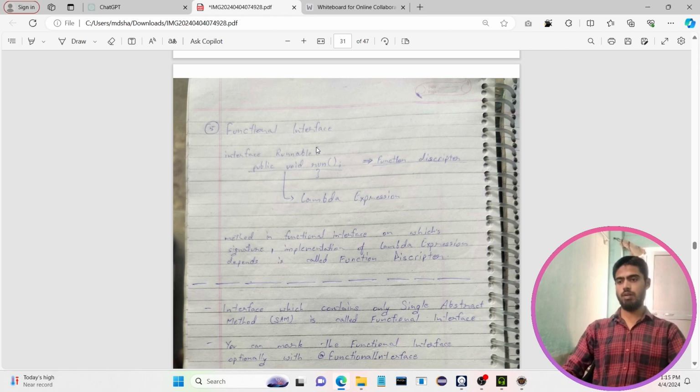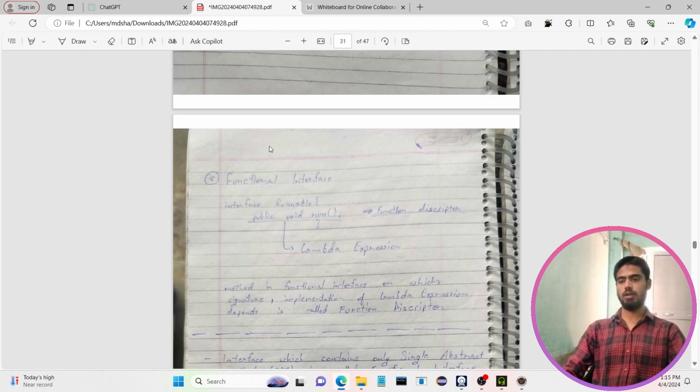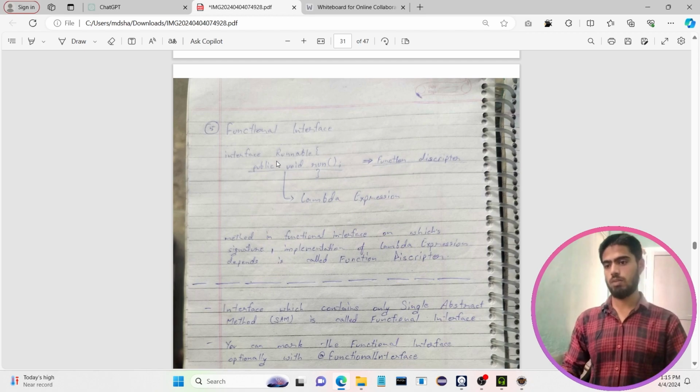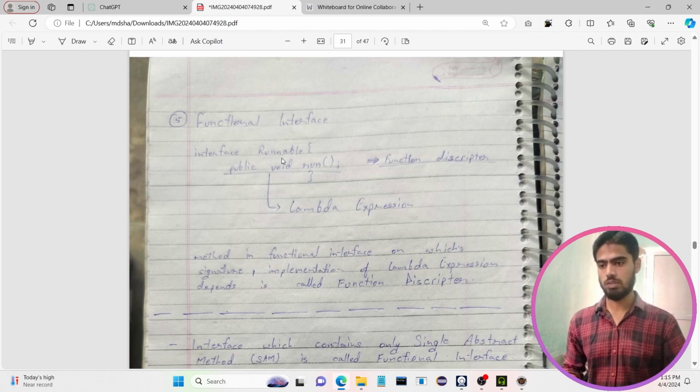So today we will walk through functional interface. Functional interface is a feature that was introduced in Java 8 with JDK 1.8. We already covered the functional interface at the time of covering lambda expression, but let's go through functional interface once again. Functional interface, so it is saying that in an interface, function descriptor, lambda expression,